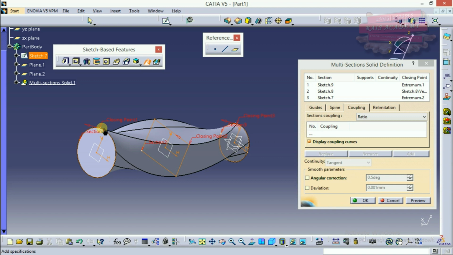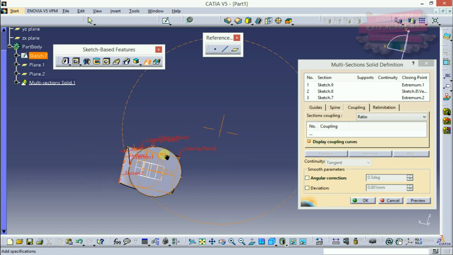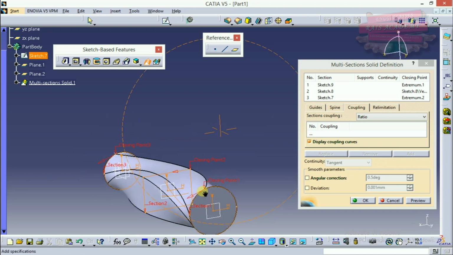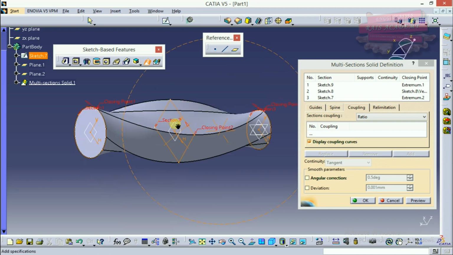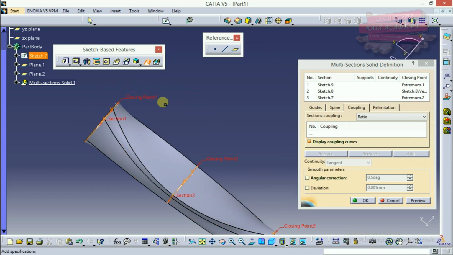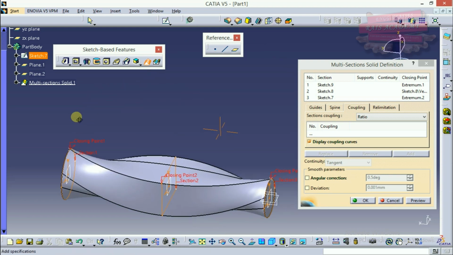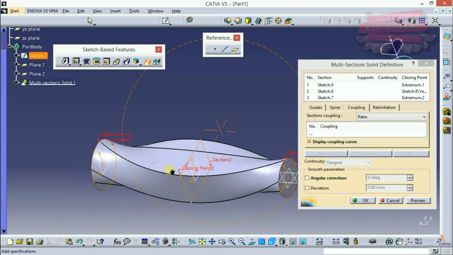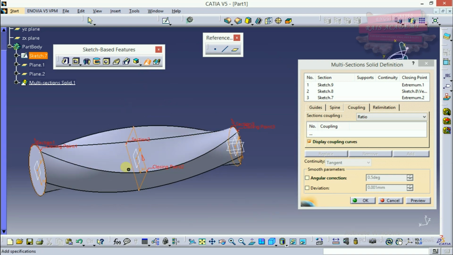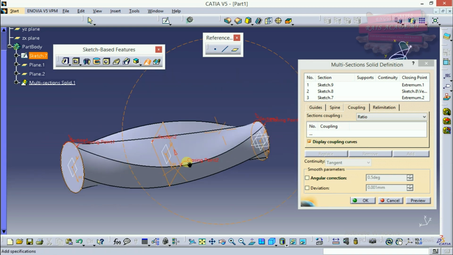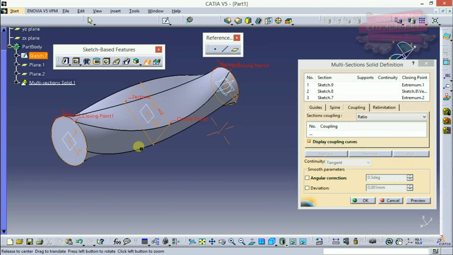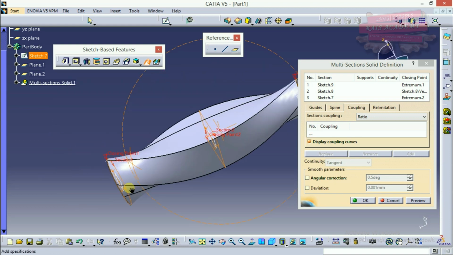So what we have got here is a profile which is moving through the closing points, and as per the closing points the geometry has been drawn. So what we can do over here is give couplings, so we can draw the 3D model as per our need, which would be symmetrical across each and every corner.